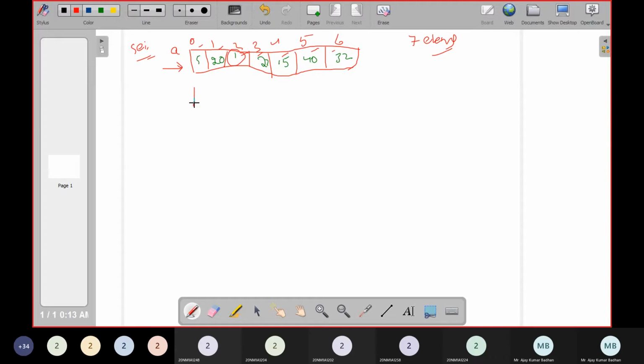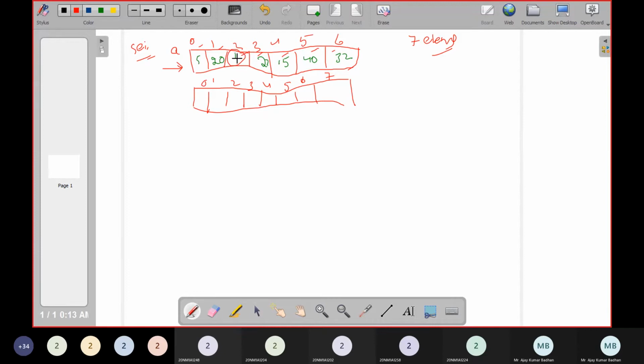So immediately how your array will be now, with indices 0, 1, 2, 3, 4, 5, 6. As I told you, the selection sort will select the element which is lowest among all the elements present.